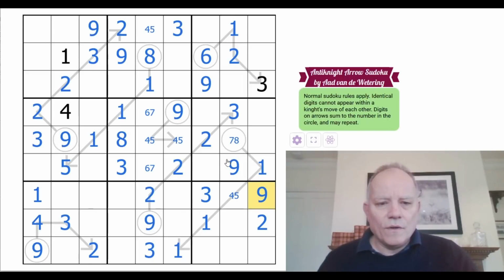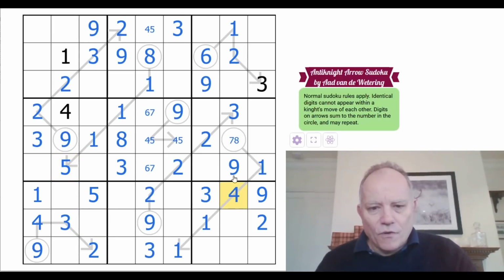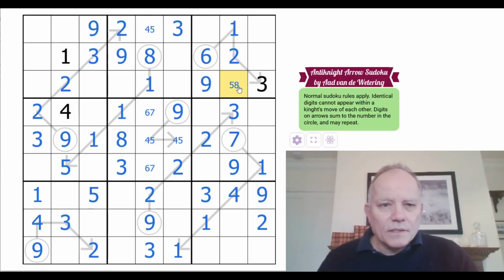Now, 3, 2. So 5 has to be here in box 7. That one can see that. That makes this a 4 on the arrow. Every time we get an arrow cell, we get 2 digits from it now, but we're nearly finished with them. No, that can be 5 or 8. Annoyingly, 2, 9, 8, 3, 1,